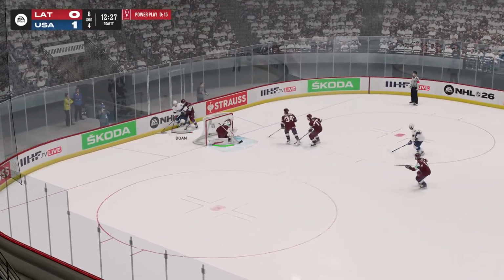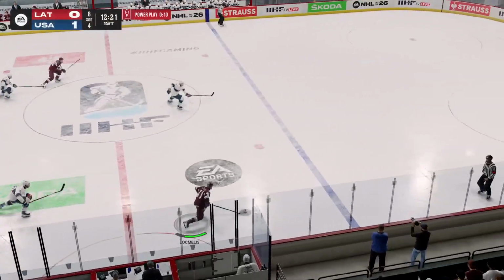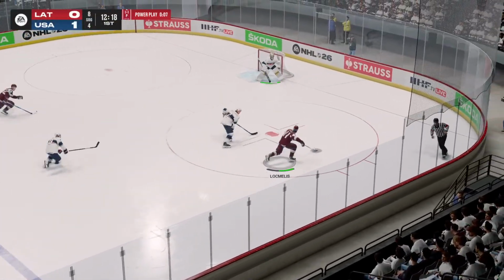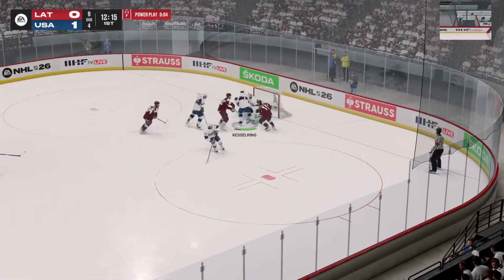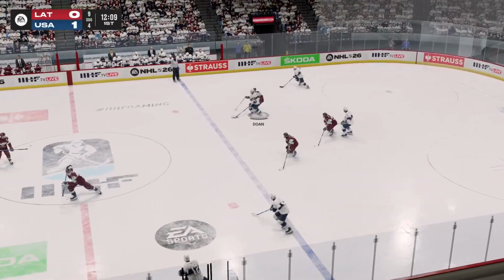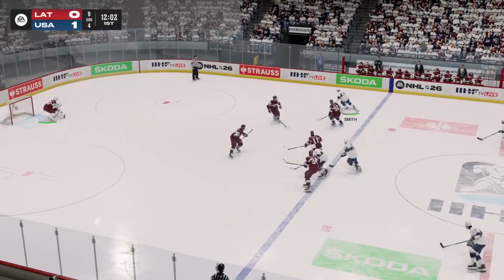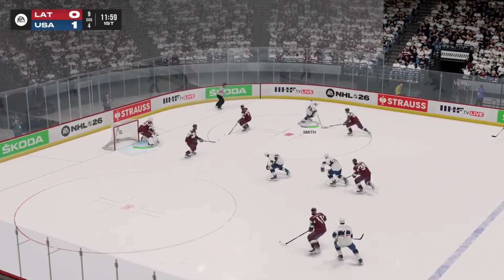Well, a little bit of a bobble there, and the USA brings it up shorthanded, and now they turn it over. Walkmelis up ahead. Cut off, centering pass, denied Swayman, rebound, kick through the slot, and the United States survives. Penalty over. Team USA with a shorthanded goal on that penalty, and they kill it off for Latvia.